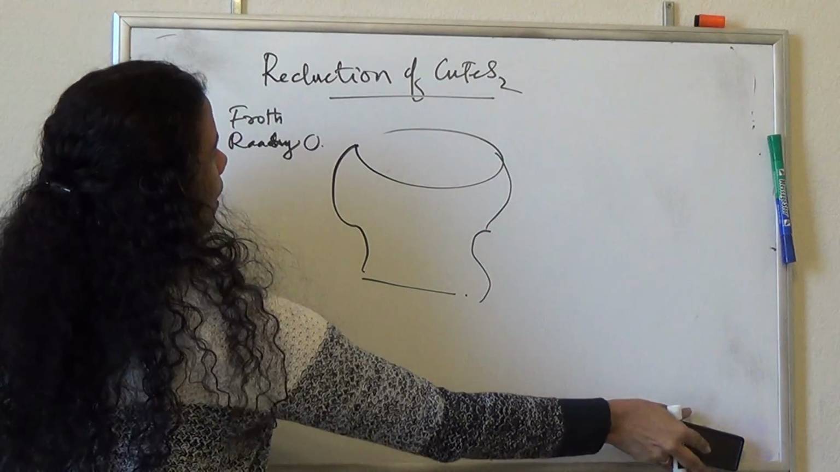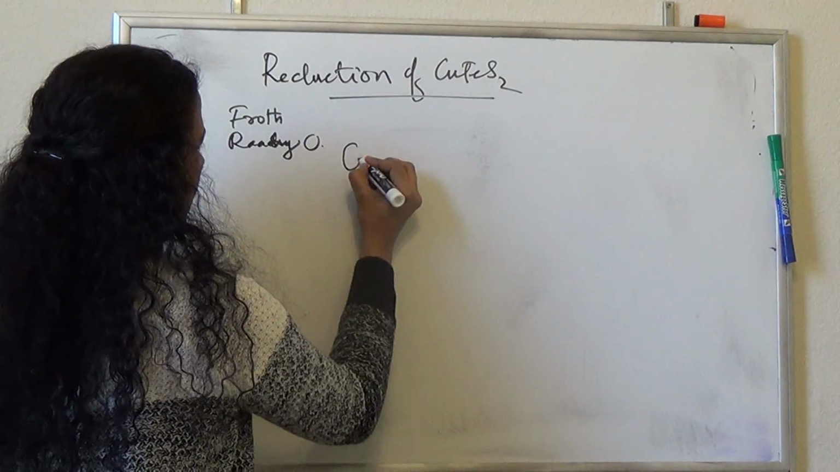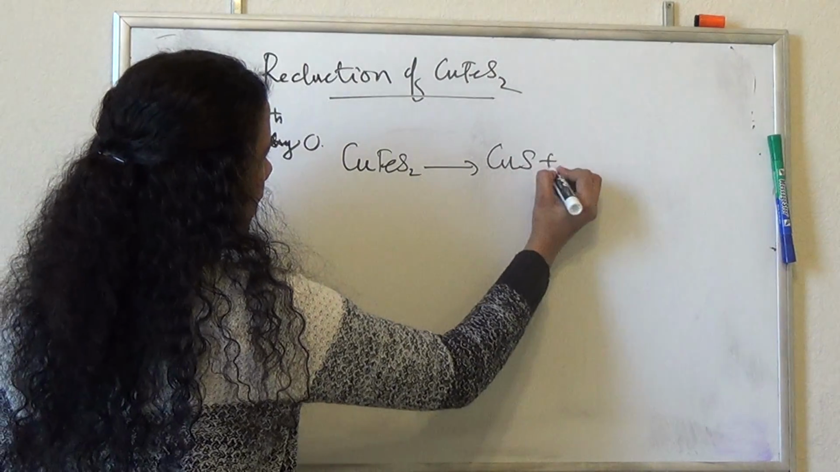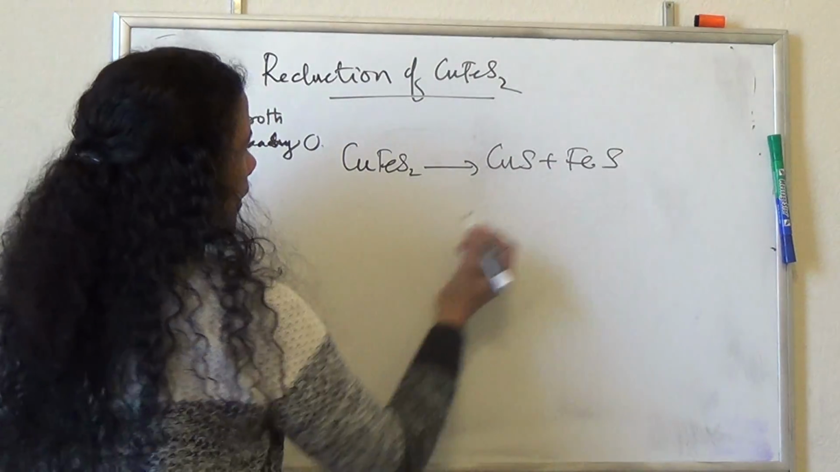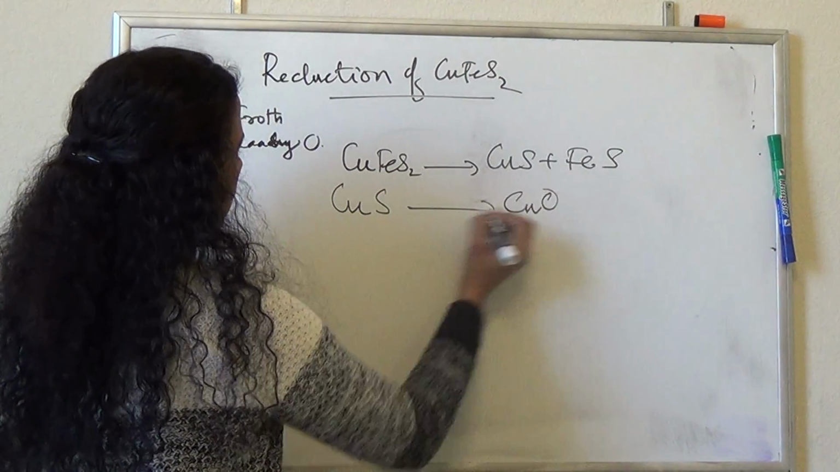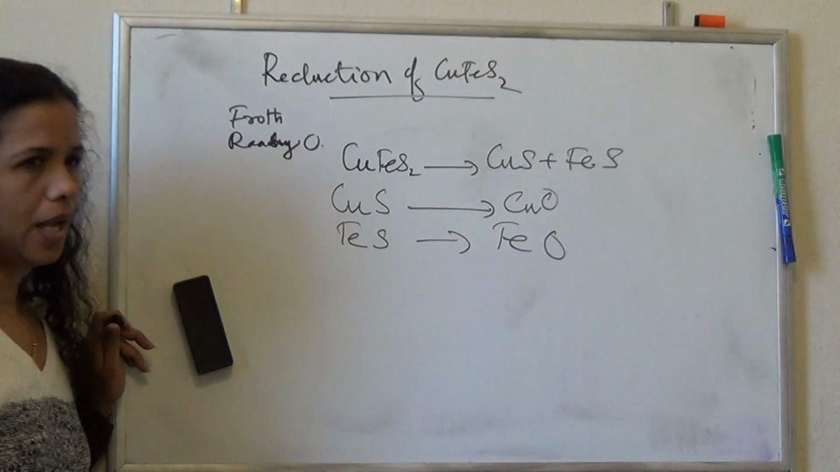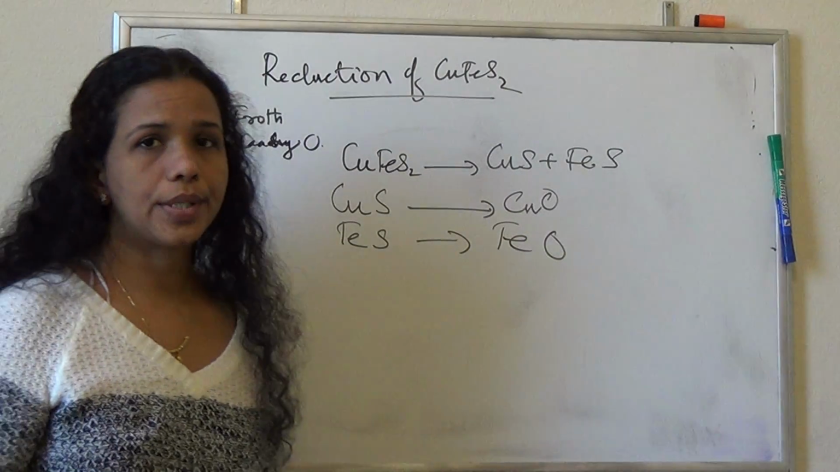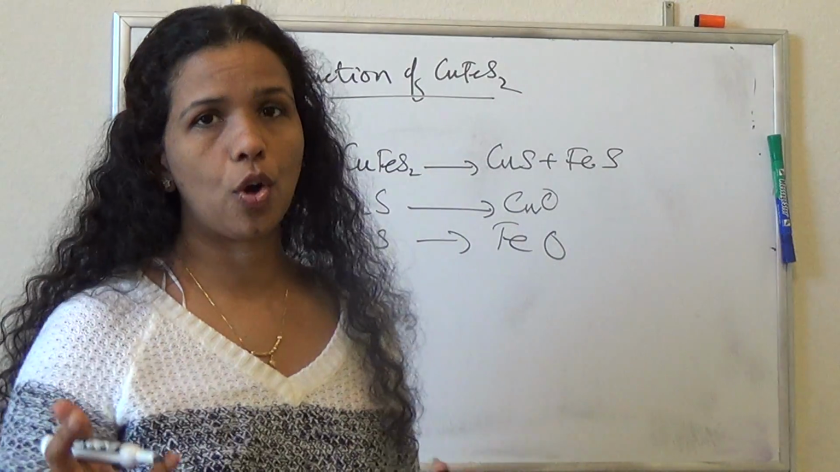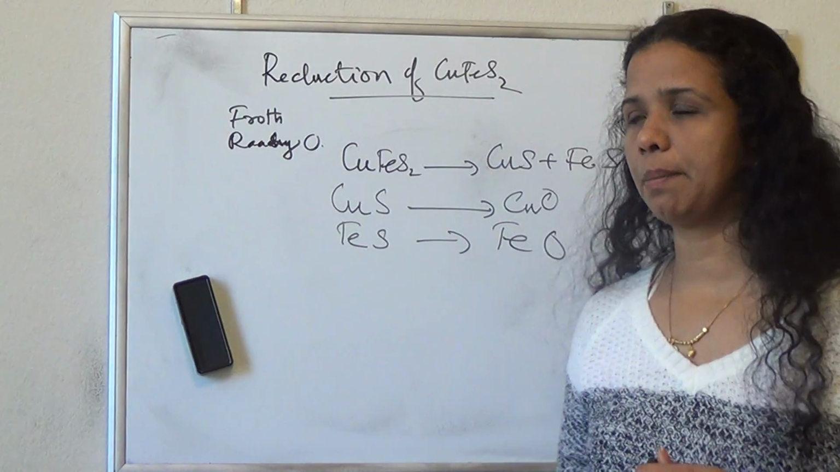On heating, what happens is that CuFeS2 is first decomposed to CuS and FeS. In the second step, CuS is converted into CuO and FeS is converted into FeO. We continue heating, and we are not adding any reducing agent here. We already discussed that copper is less reactive. So during this process in the Bessemer converter,